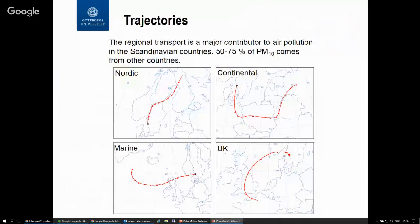And as I said before, the air pollution situation in Sweden is not only local. So what we usually do when we do air pollution studies in Sweden is that we calculate the regional transport using air mass back trajectories, meaning that by looking backwards in time from a certain day, we could follow the air, how it would have moved for the last 3 or 4 days, like in this picture here,